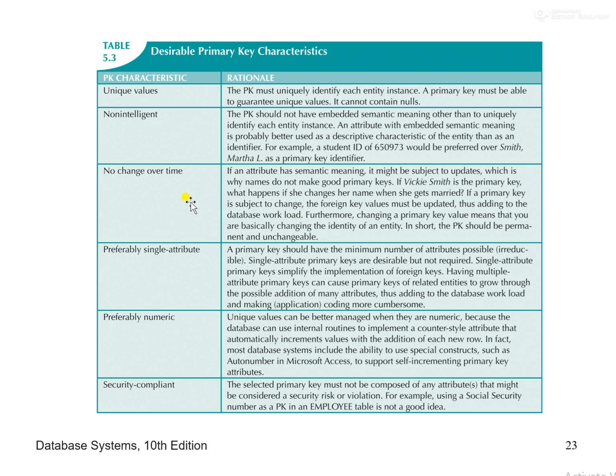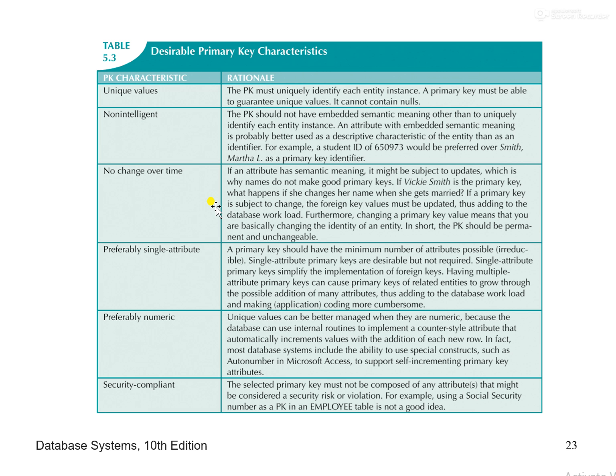It shows that this particular record belongs to this student. Okay, no change over time. Now the third characteristic is that we should choose such a type of attribute as a primary key which should not change over time. Like the same example, for the student table we are choosing student ID as a primary key instead of student first